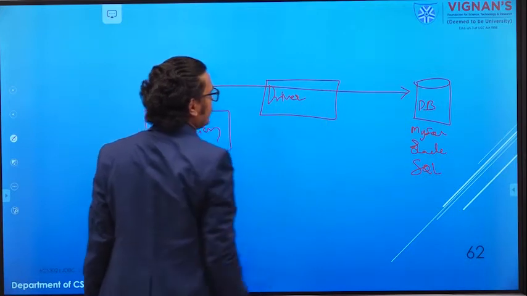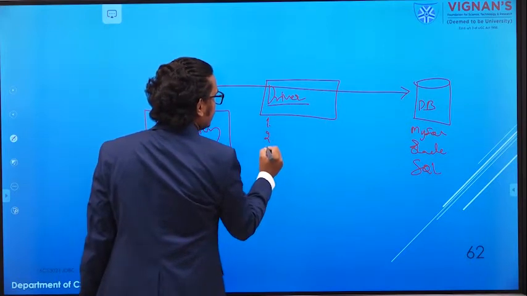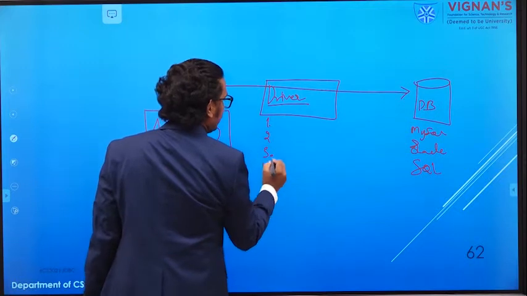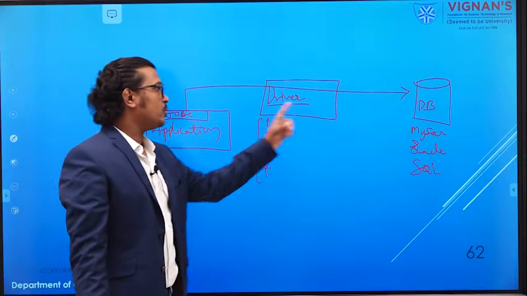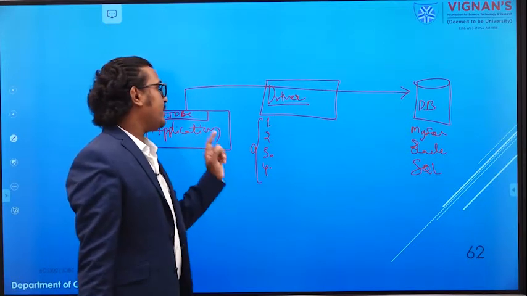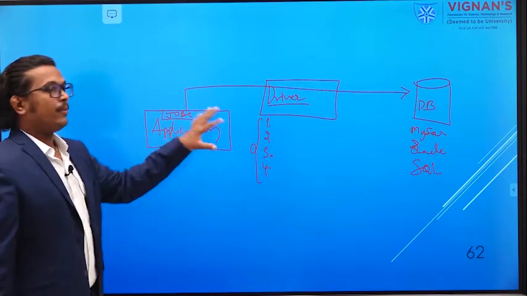For communicating with the database, we are using the drivers: type 1 driver, type 2 driver, type 3 driver, type 4 driver. Based on our application, we select which driver is suitable for our application and database, and we implement our Java application.